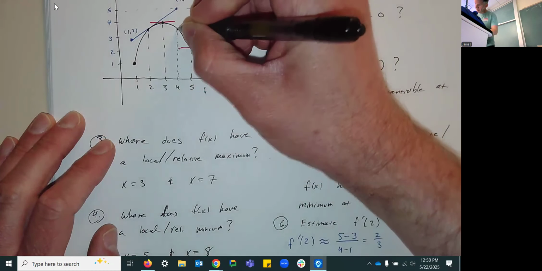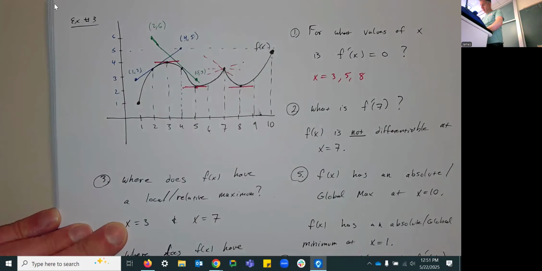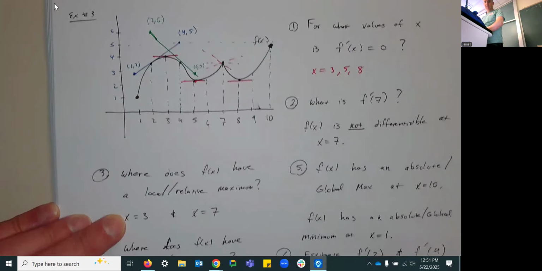And again, this is some guesswork here. I'm going to pretend like this is the point 2 comma 6, and this is looking like, I don't know, 5 comma 3 maybe. So then my slope would be, oh sorry, you can't quite see that. So this looks like 2, 6, 5, 3. So it looks like I'm going f prime of 4 is, once again,